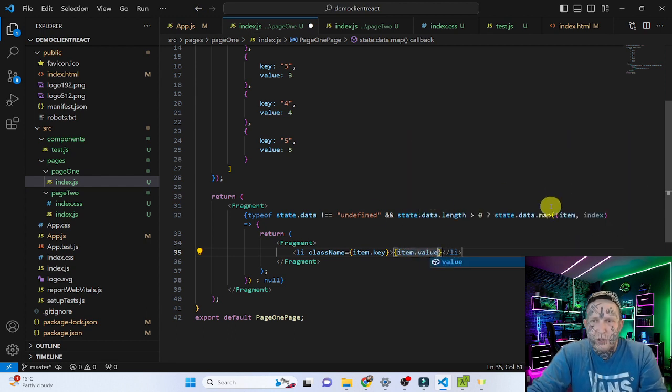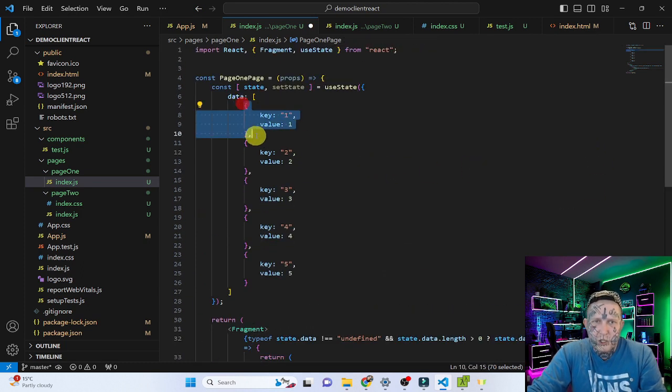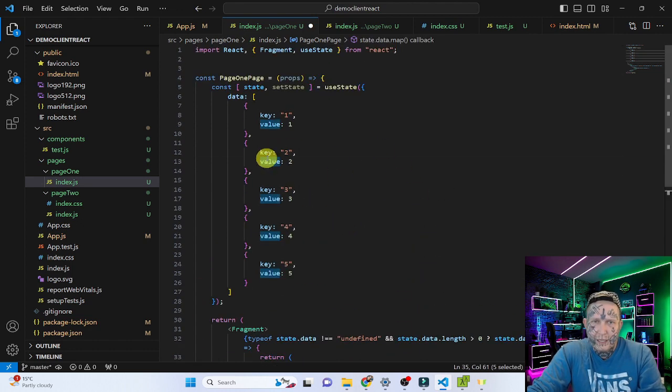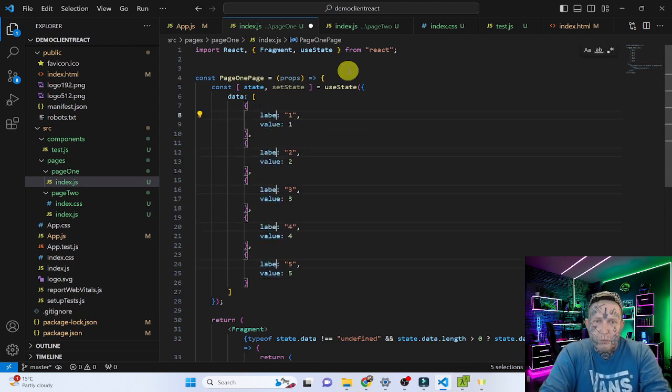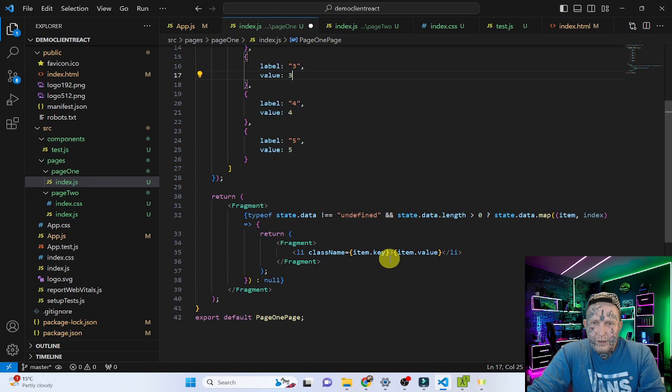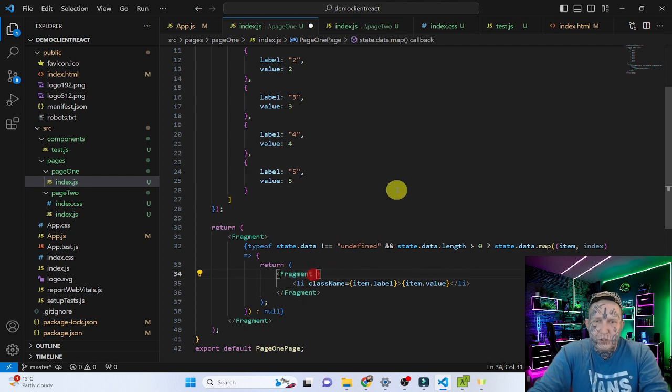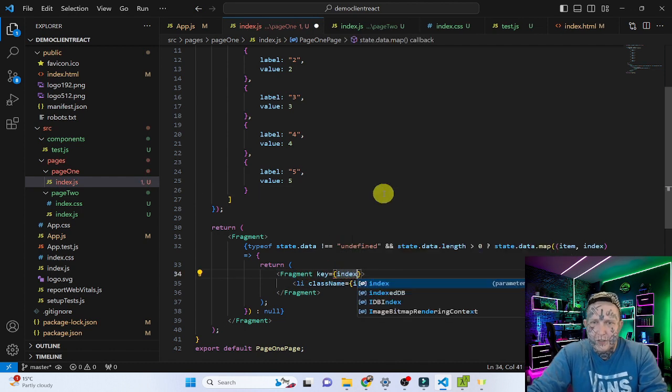value. So what we're doing is we're taking this item right here and then we're mapping over each one of these items. And we're extracting the key and the value, or I'll label these as label and value. So that makes it a little bit easier to understand. So we have the key and the value, and then we also need to do key index, and that way,